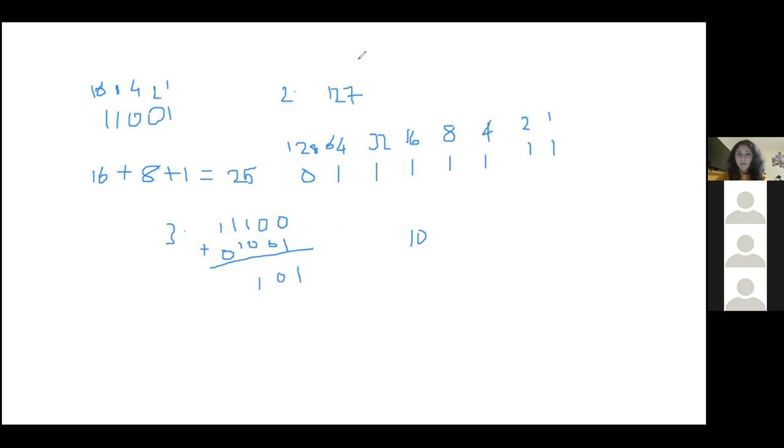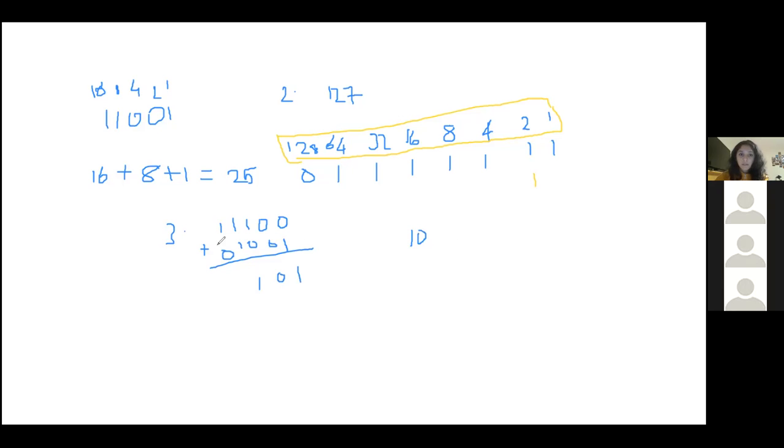Because, let's see if I can switch colors. Okay, so every time you're converting between binary and decimal, it really helps to just write this out. If it was base 10, you could just do 1, 10, 100, 1000, and so on, and you can do that in your head, you're comfortable with it. In base 2, you just want to get used to it a little bit more, so always write this out. And so we can see that 2 would be written as 1 0, because we want the 2. We don't want any of these numbers because they're too big. And then we have a 0 because we already have 2 exactly.